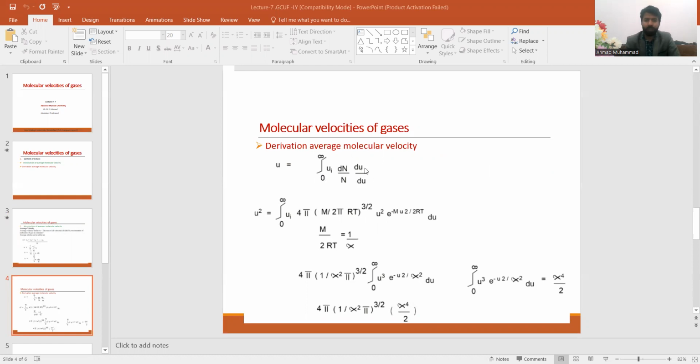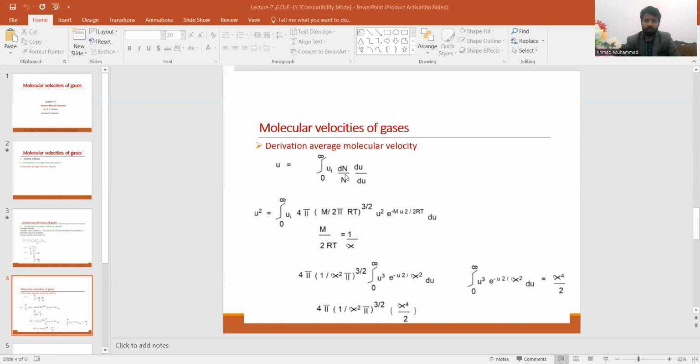We divide this term by du and also multiply with du. Then this equation will be equal to dn over n multiplied by du, which is the Maxwell